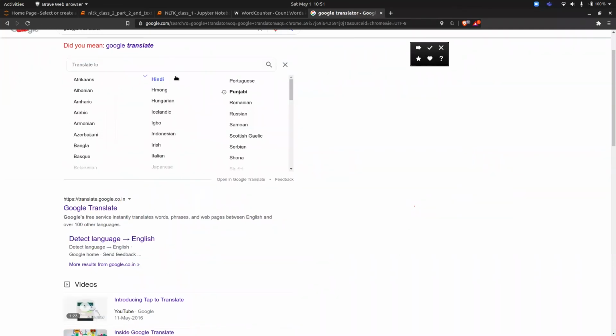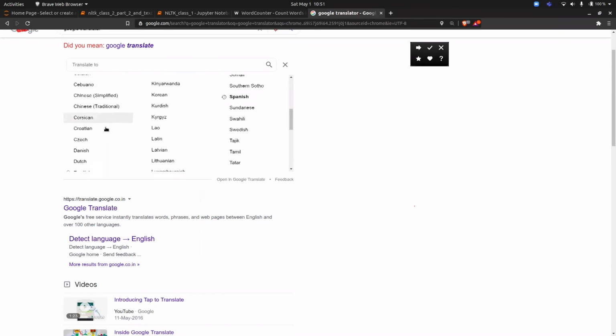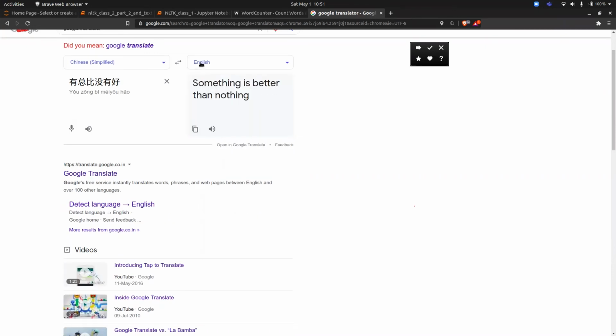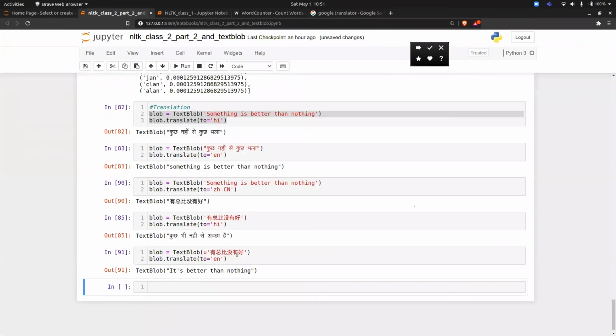But in English, okay, now the English can have different variations also, right? So let's try to see that. Now we have English and, okay, anyways. I don't know what is happening, because for Hindi it is giving correct, for English it is giving different. I don't know what is happening, but yeah. कुछ बेहतर से तो कुछ नहीं to English. Okay, so this is Google Translate behind it, basically.